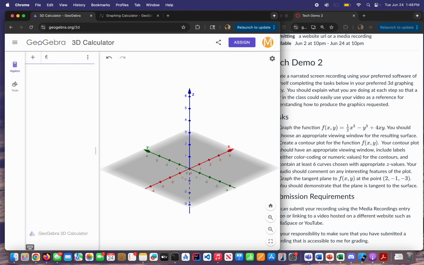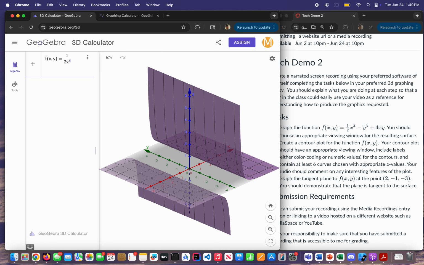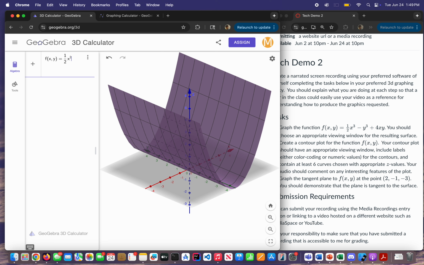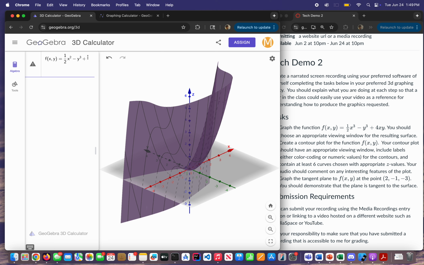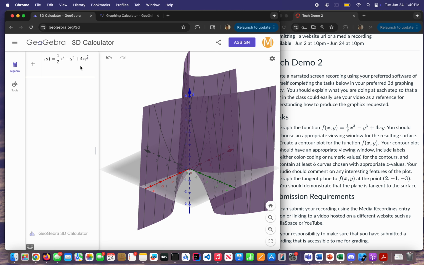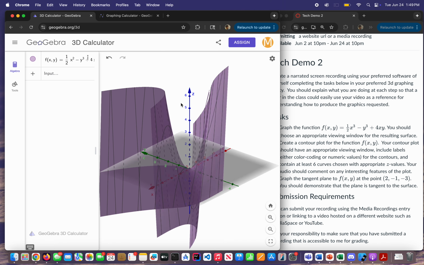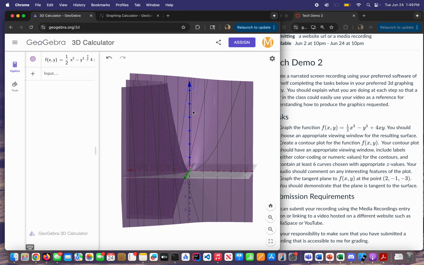So what you do is go ahead and type in your function. Alright, so you type in your function and press enter. And here we can see part of it, but it looks like it's being cut off. This is because the viewing area is not large enough. So in order to fix that, we would just go to settings,